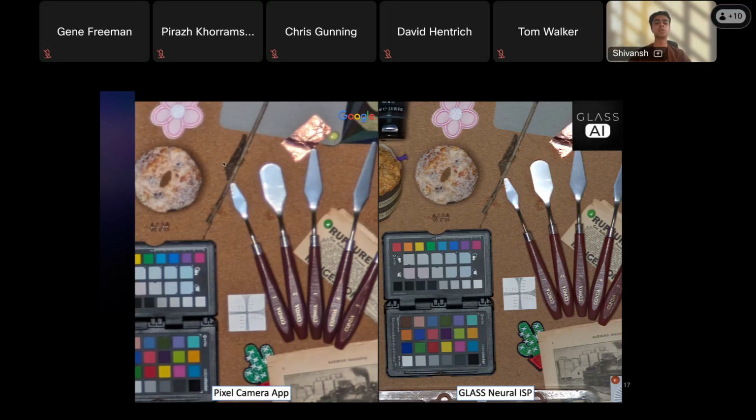So these are using the same set of input images. Here, this is a very zoomed in scene of one of the DxO charts, and on zooming in, we were able to see a lot of softness in the output of the Pixel camera app, which we believe is because of the softness of optics, which the network was probably not aware of, is adding to this blurry appearance. However, the one on the right gives a much clearer image from the same camera.